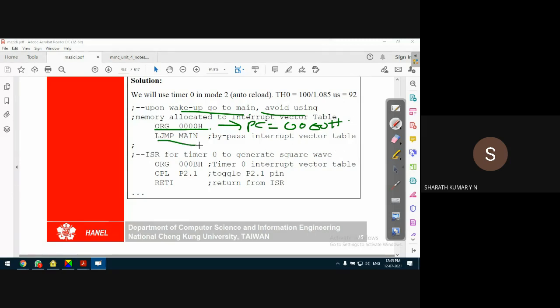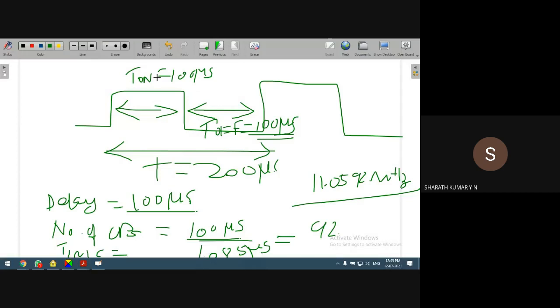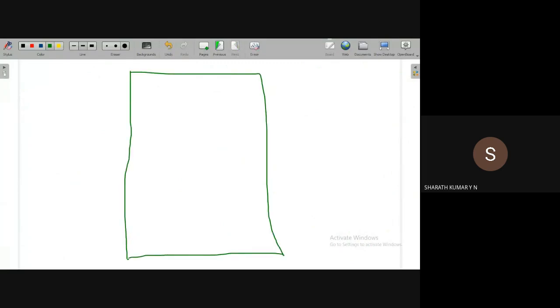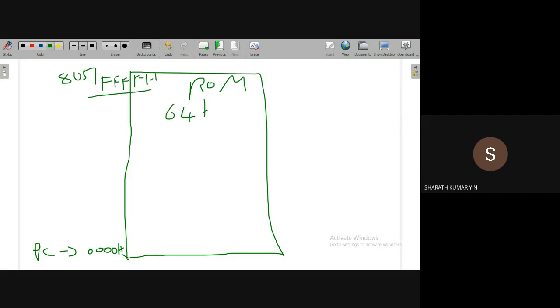Since we know the first locations are in the internal ROM space, when the 8051 is reset or started (it need not be reset always), PC points to 0000H. The last location is FFFFH, assuming the total memory space is 64 kilobytes.